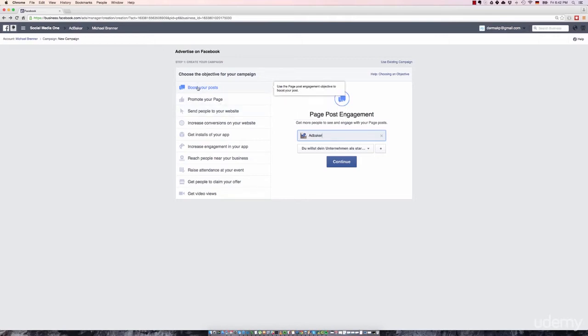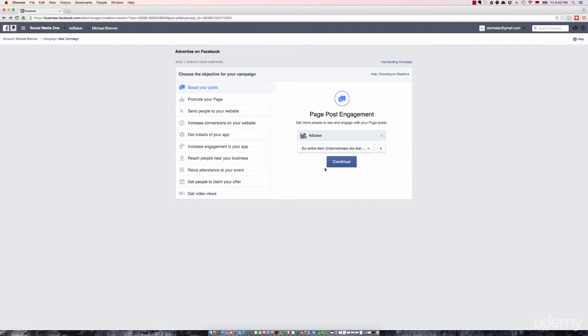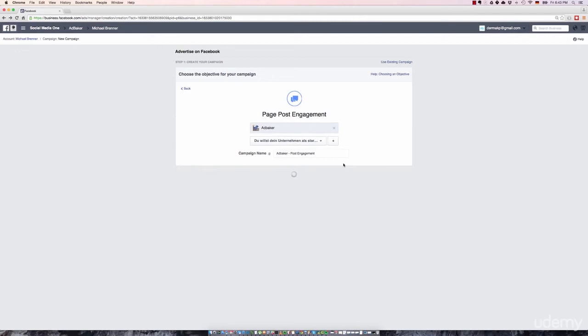What you should do instead is to make a post and then just promote that post. So once you made a post, you published it on your fan page by linking to your content or your product or your services. I don't care what it is. Publish that post and then just select it here. Okay? Once you selected the post that you want to give more exposure to, click on continue.